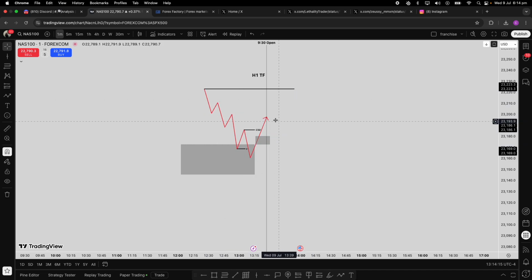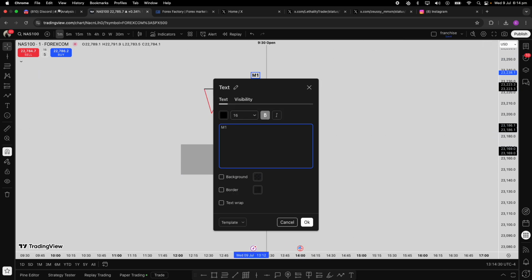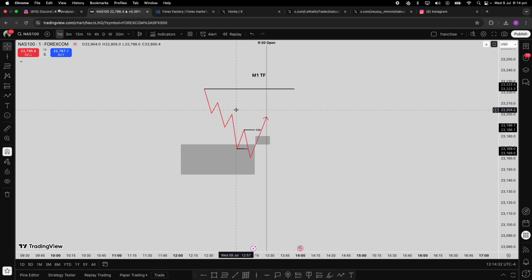Now the problem with having this fixed mindset of, okay, great, once we get down here we'll long, is the time it takes for us to come into this. Now if this was the M1 time frame, each candle would be a minute. So it's a minute, minute. We could get a market structure shift pattern within 3 to 4 minutes. So you form this low, 1, 2, 3, 4, and we've confirmed it. So on the 5th minute, we could drop in and then buy up for the 6th, 7th, 8th to distribute